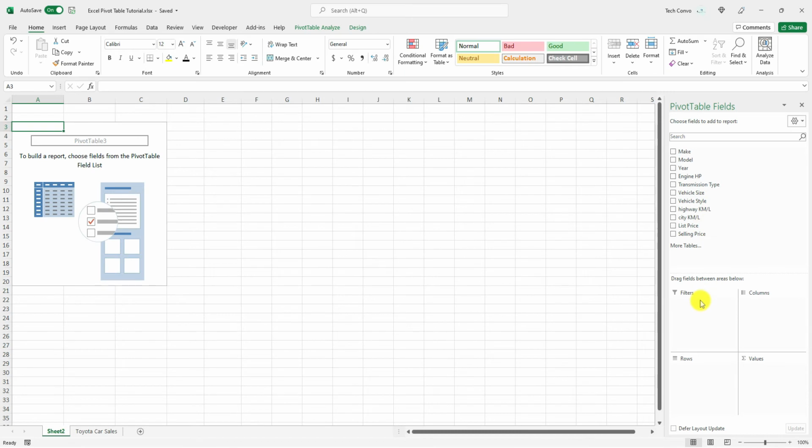And this area has four parts: the filters, columns of your pivot table, rows in your pivot table, and the values that you want to calculate. Now let's try to build a sample pivot table and see how to create pivot tables from scratch. Now, let's say I want to see the type of vehicles that I have and count